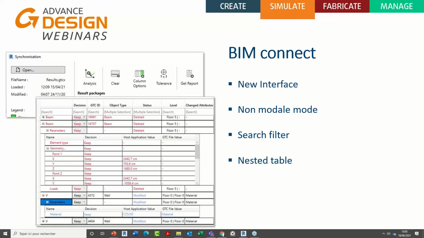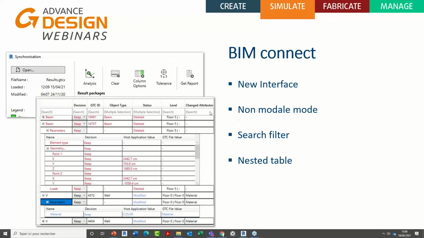We also have this component implemented within our Power Pack for Revit, because thanks to it, users will be able to synchronize BIM models coming from an external FEM analysis engine such as Advanced Design, and bring back all results and synchronize all modifications.